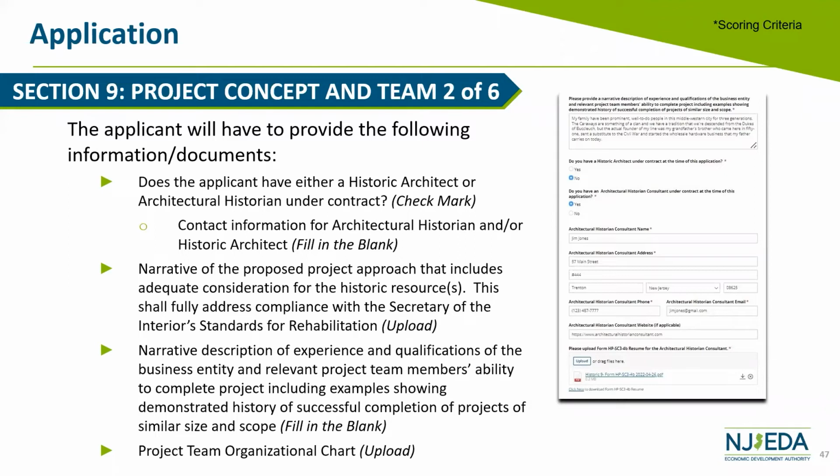We will also be asking for the resume of that historic preservation professional, or historic architect, or architectural historian to be included among other information. But then we have the other section that is a very large section and has, I think, the second highest scores within the application. It's kind of thrown in the middle of all of this, but I want to focus a bit on